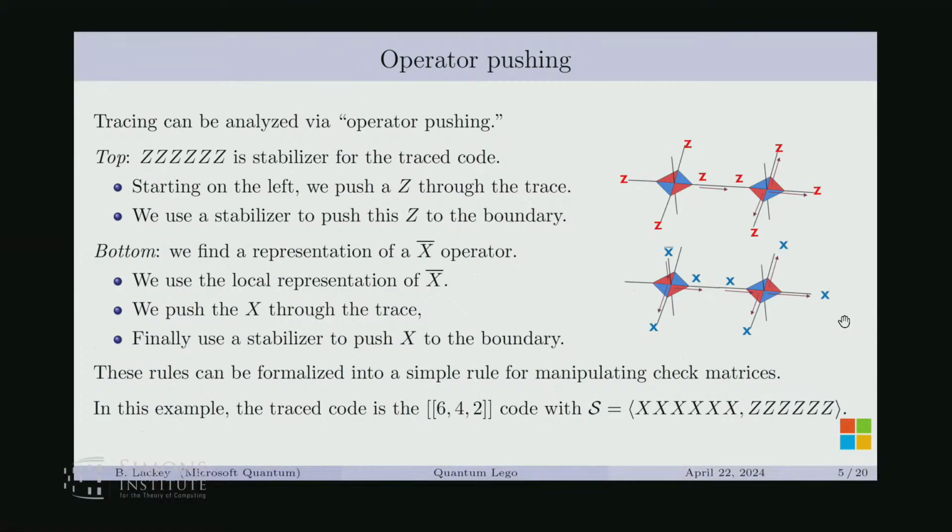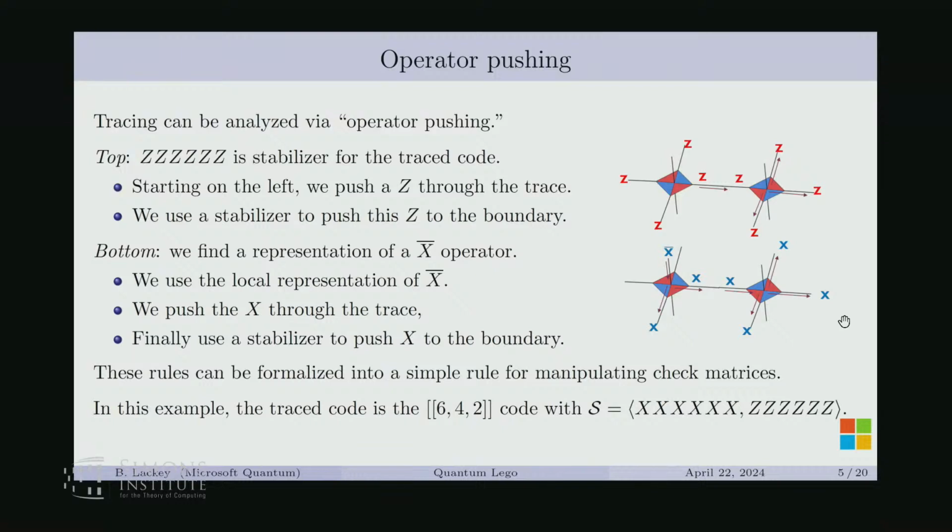All right, so doing this a little bit more formally, with operator pushing, here's a couple of examples, and it should be relatively clear now how all of it works. I can create new stabilizers for a post-traced code. So here I'm tracing 2 legs of the Bacon-Shor code together. The idea is I start with a stabilizer on one of these codes. The all-Z's has no logical operation, so it's the identity on the logical and the gauge legs. This Z then pushes across the trace to a Z here, which I can push out to the 3 legs. And I discover that the all-Z operator is going to be a stabilizer for this new code that we've obtained by tracing together